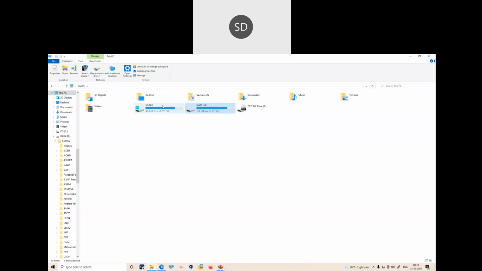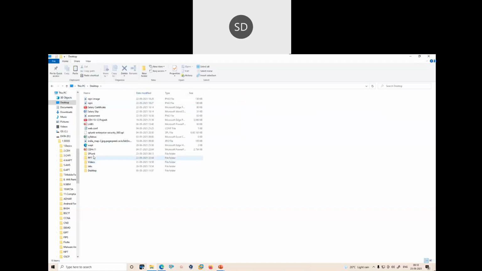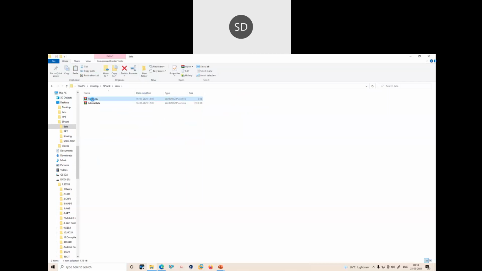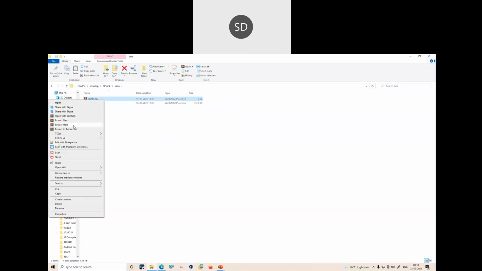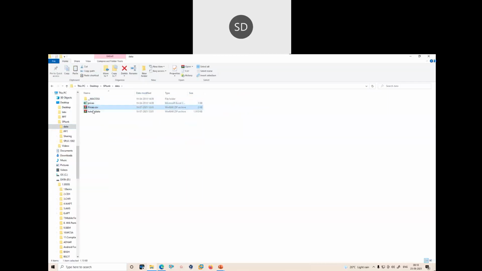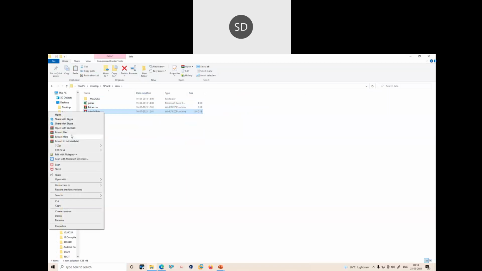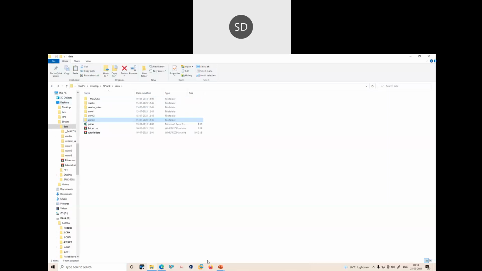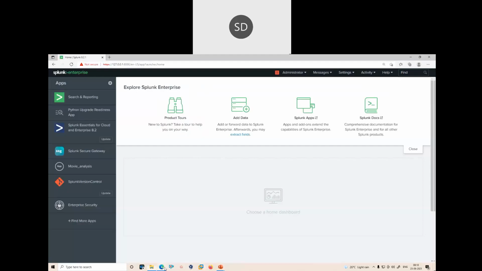Okay, so I'll go to the desktop in Splunk. Here is the data. So this is the data that we want. We will extract all the data here, and in the tutorials data we will extract even here. These are the data that is available, which has different logs. So what we need to do is create different indexes, which will have the data in those particular indexes.